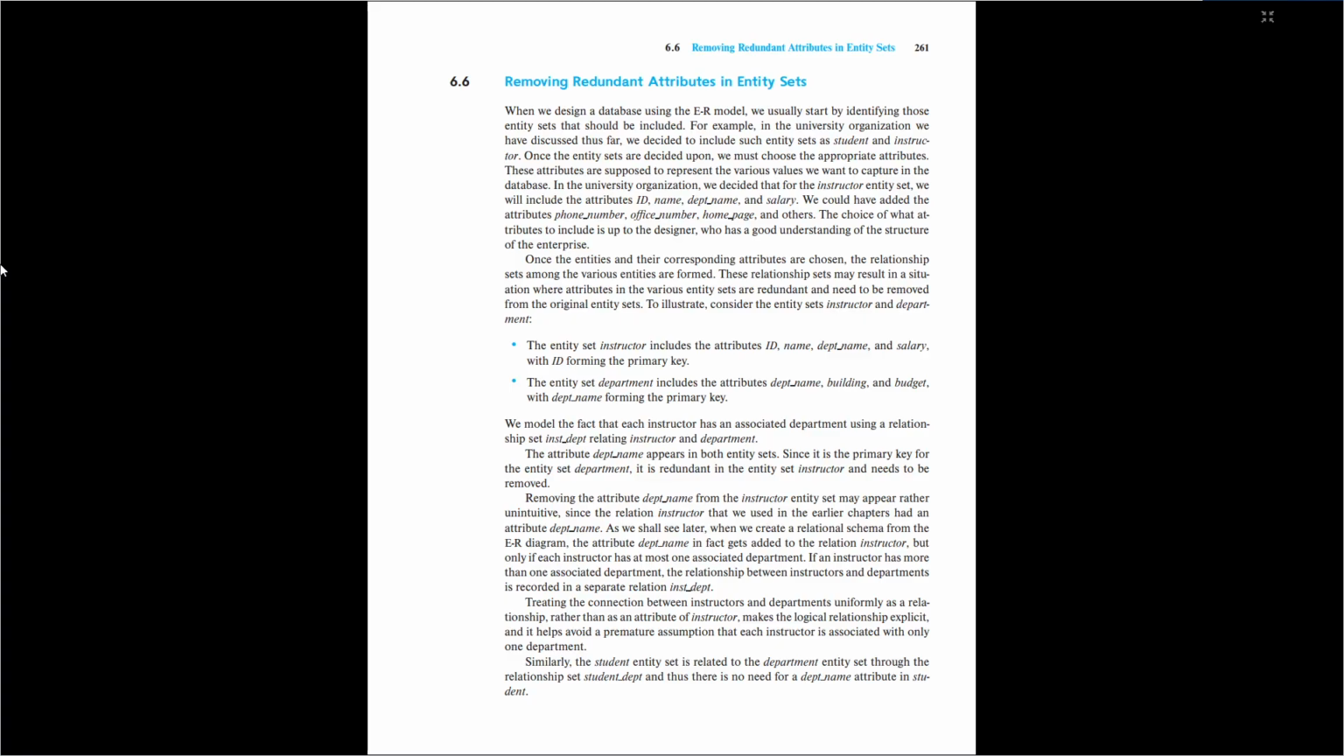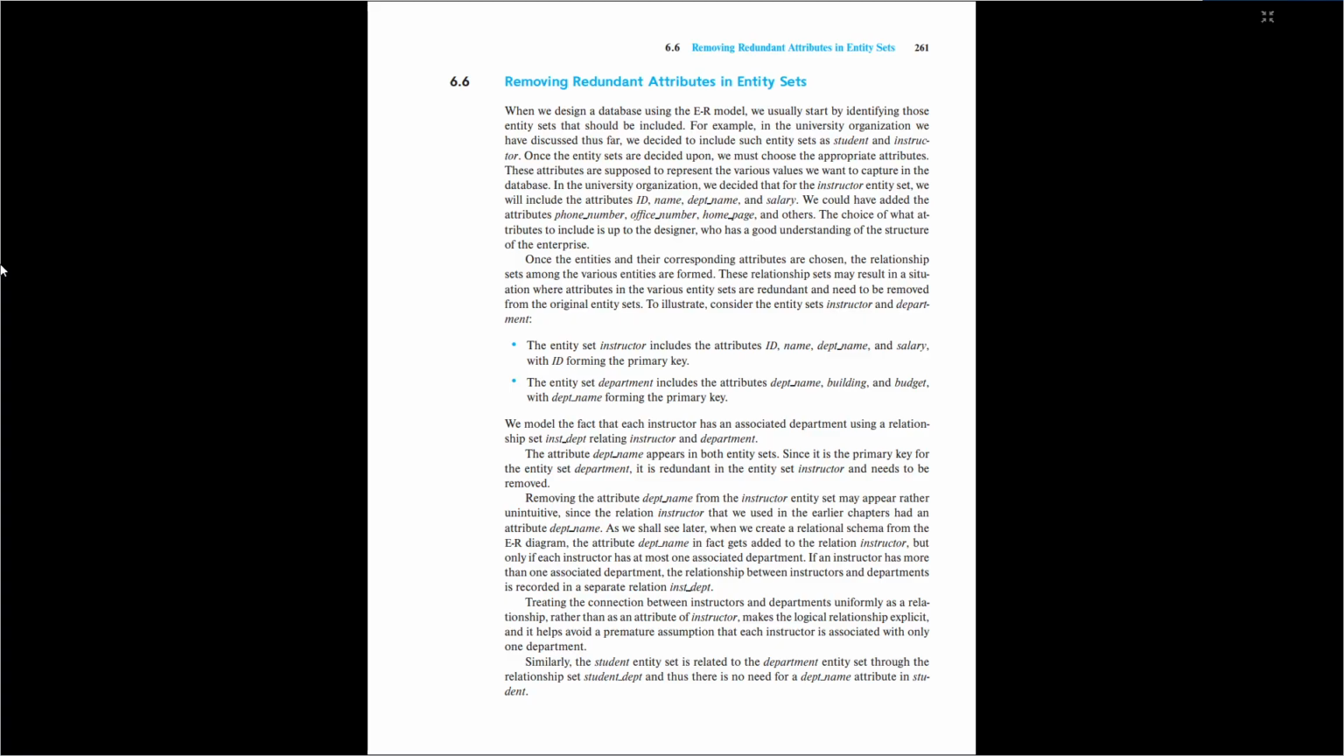To illustrate, consider the entity sets instructor and department. The entity set instructor includes the attributes ID, name, dept_name, and salary, with ID forming the primary key. The entity set department includes the attributes dept_name, building, and budget, with dept_name forming the primary key. We model the fact that each instructor has an associated department using a relationship set inst_dept relating instructor and department. The attribute dept_name appears in both entity sets. Since it is the primary key for the entity set department, it is redundant in the entity set instructor and